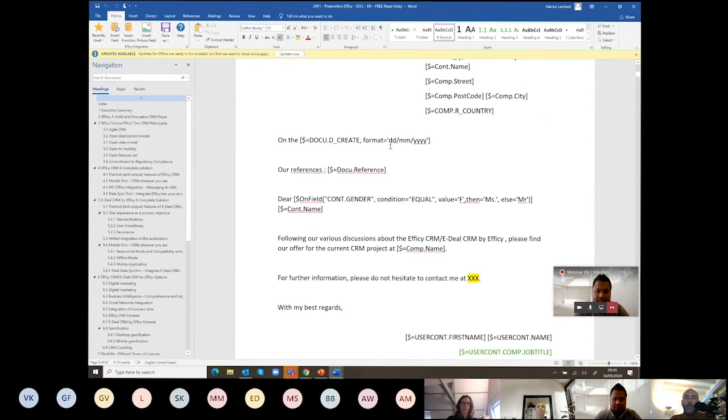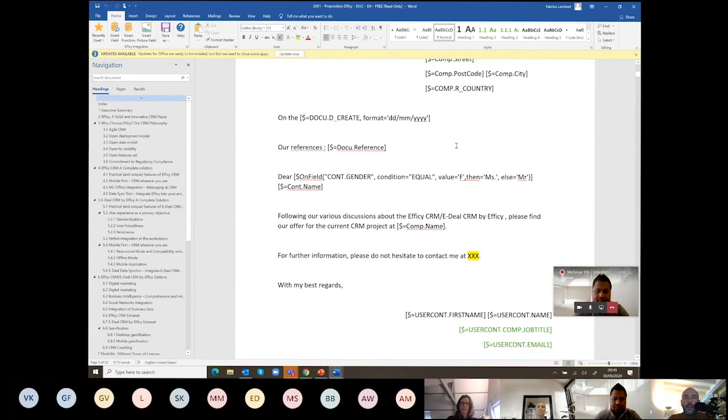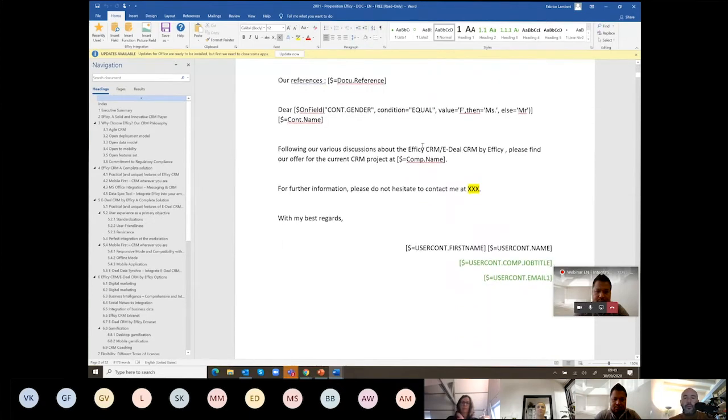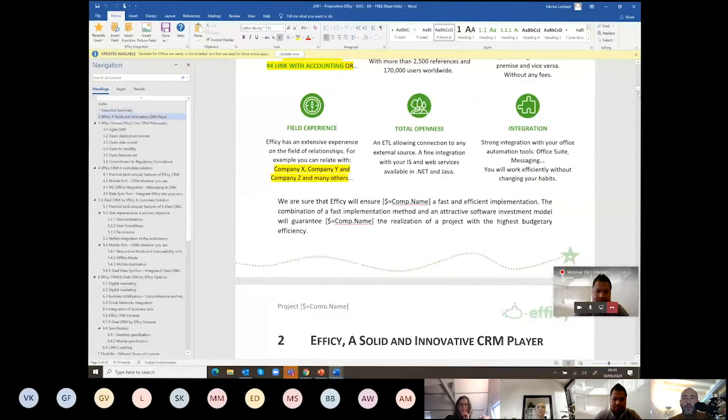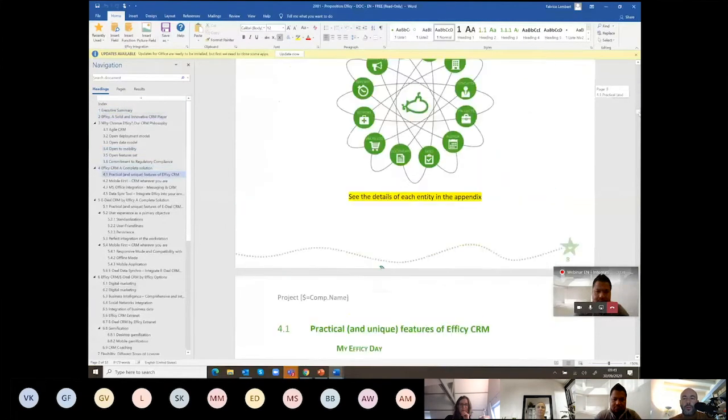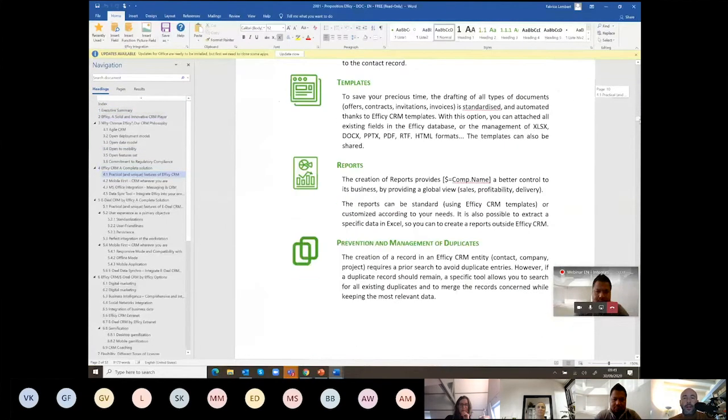So I can say, okay, I want to place first days and months and then the year. And then, everywhere you can place all the different fields coming from Efficy. So it's super easy to do. You can really create a super large and beautiful document if you want. And then each time you will generate it, you will fill in